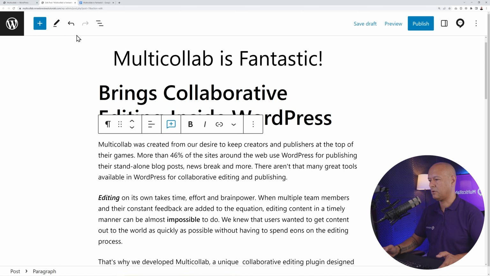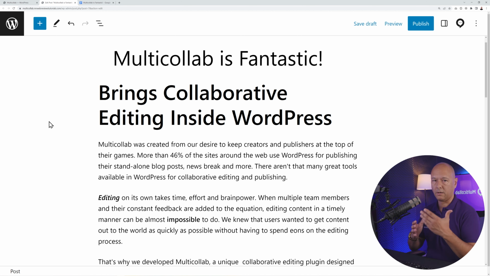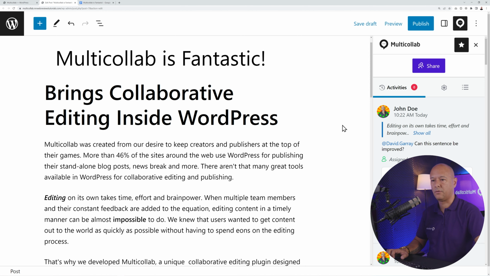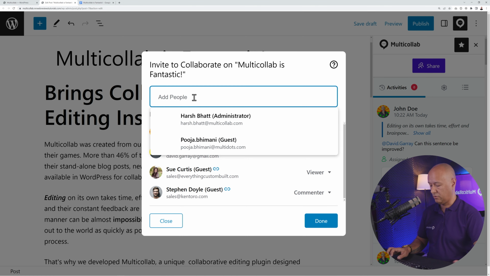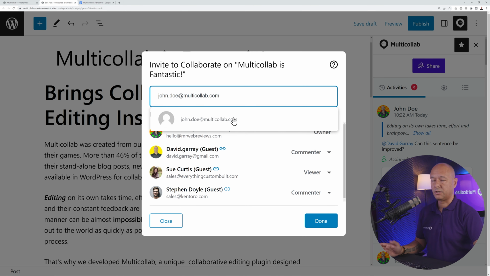So let's open our document here and let's pretend you're working on this blog post here. Okay, so first by the side here you have this icon. If you click on this, you can basically share this document with everyone else. So you can basically invite either guests or team members. Okay, so let's click on share. And all you have to do is just to type their email address. So let's say, for instance,